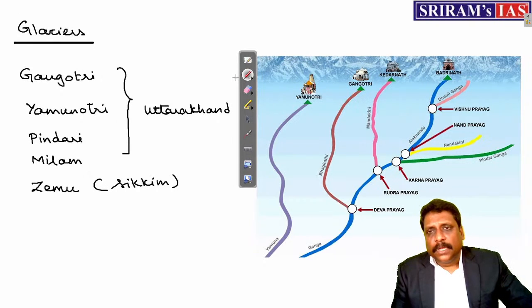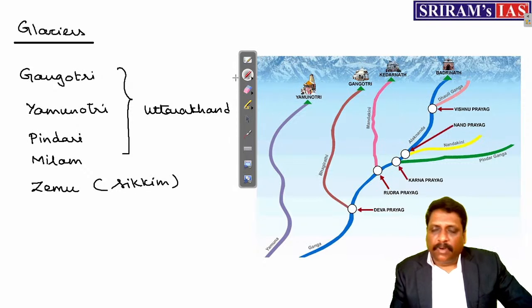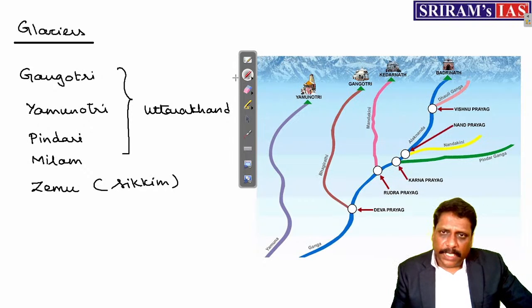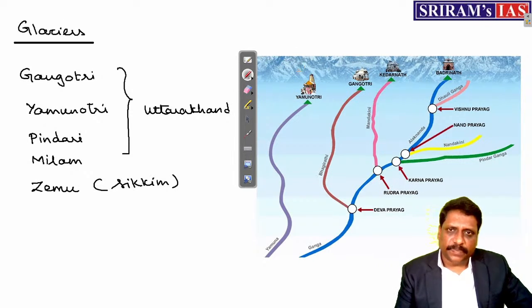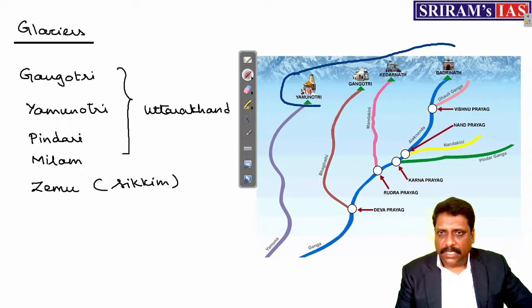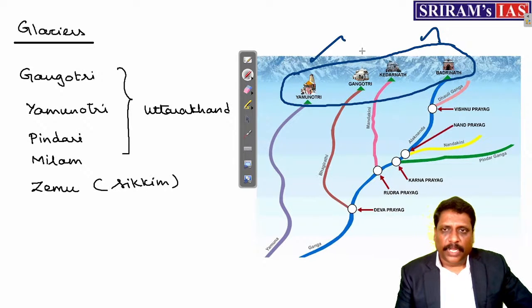Among them, some of the unsustainable power projects which has been developed in the Himalayan region is cited. Number one. Number two, the road that is connecting the four regions, four places of Chardham is also cited as one of the reasons. If that is the case, my dear friends, I should know that what exactly are those four places, right? What you very popularly call as what? Chardham. Okay. There's Yamunotri, Gangotri, Kedarnath, and Badrinath.